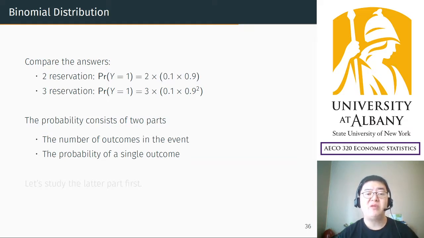What's common between these two examples? So let's think about this. When you have two reservations, the probability of one cancellation was 2 times 0.1 times 0.9. And in the three reservations case, there are 3 times 0.1 times 0.9 times 0.9. And then